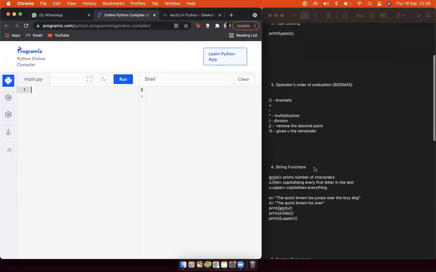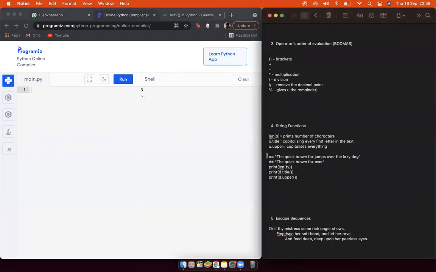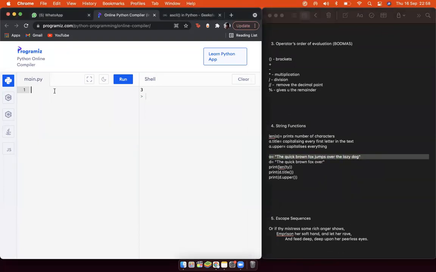So let's move on. The fourth thing is the string functions. Let us have a string. a equals, a is my variable. Put the double speech marks and write a string. So I'll write, what the dog doing.